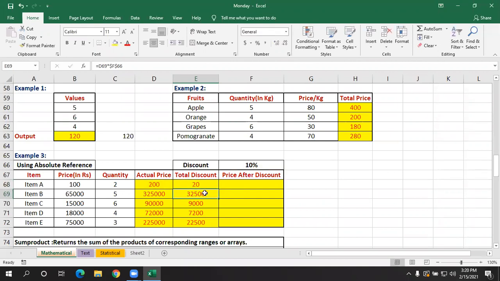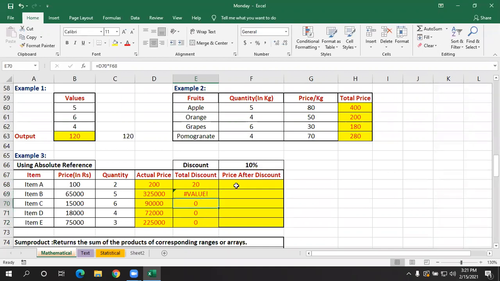Okay. Previously, what I did, once again, I'll repeat this topic. Here, I had just selected this cell address. So now, if I fill down also, it will take this cell value and this. If I press enter, it showed the result. When I fill down, what happened? It started showing an error. Why error? Because this cell contains a text, right? It is not a number. So it is showing an error.